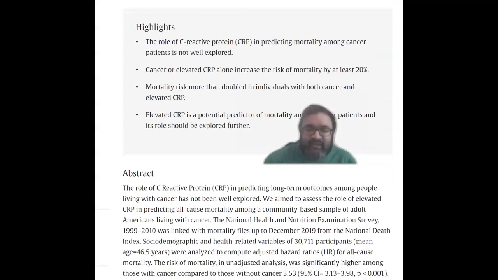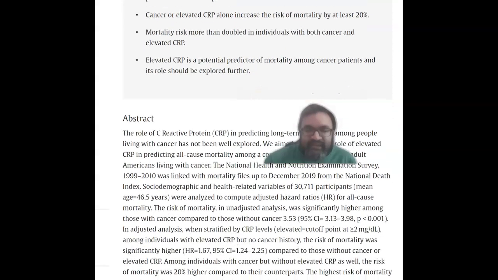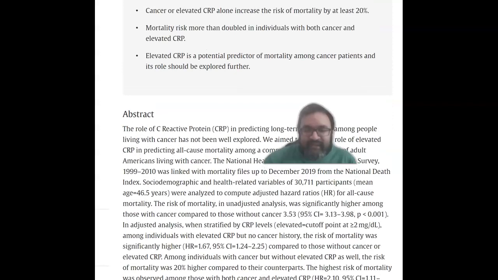So here are some articles that I reviewed. Previously, there were some studies on the National Health and Nutrition Examination Survey. There were multiple studies that found that. And this is the abstract, actually. So this is a brief synopsis of our study. This is not high sensitivity C-reactive protein. This is C-reactive protein, and the cutoff there was greater than or equal to 2. So the cutoff point was right at 2.